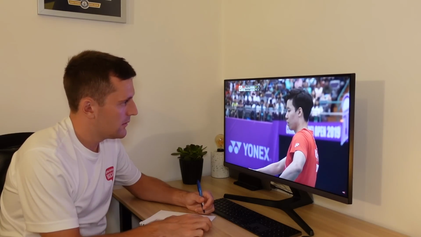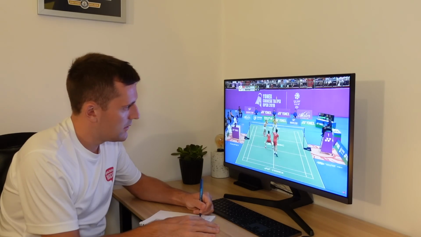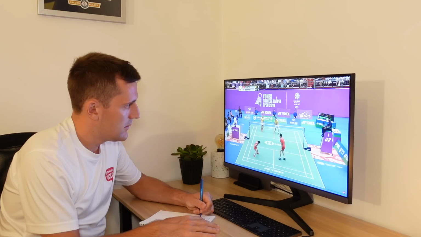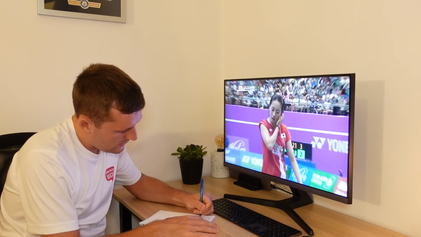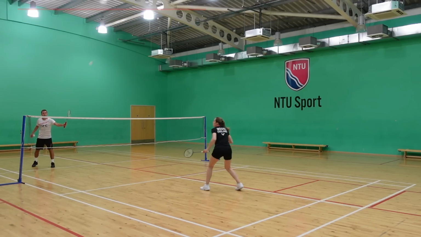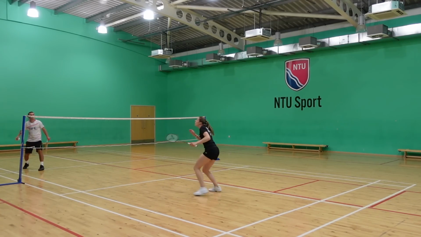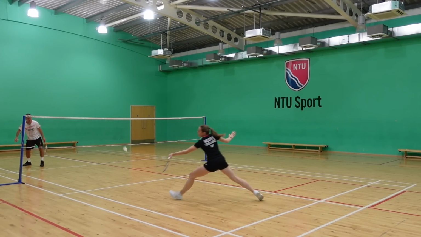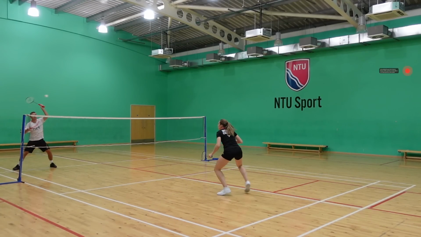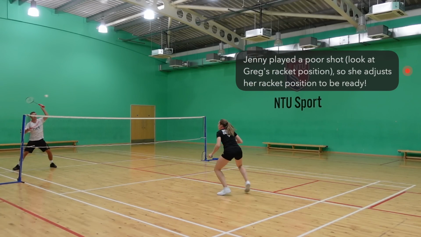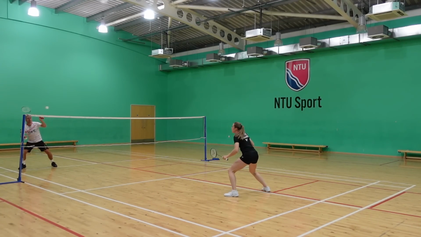But when you're watching, make sure you're watching with an analytical mindset and not just watching to enjoy watching. Watching badminton at any level can really help you to understand the game more, which will help you in your own game. Secondly, do some routines where you have to recognise certain scenarios and adapt accordingly. For example, you can do a rally where you hit back to the same corner and focus on recognising how good your shot is and what position the feeder's in, and what shot they're likely to play from this position. You can therefore anticipate what shot they play and hopefully get to the shuttle earlier.